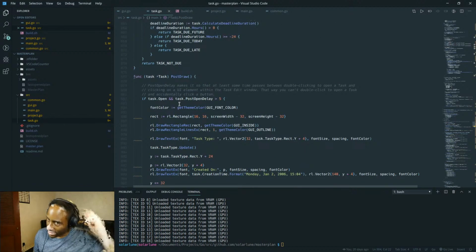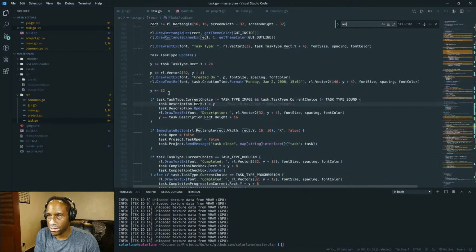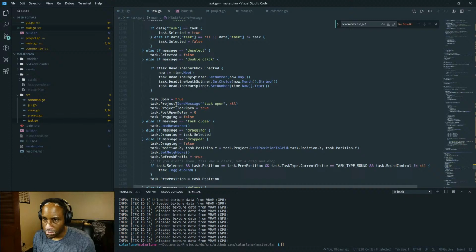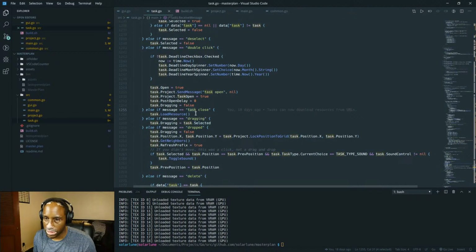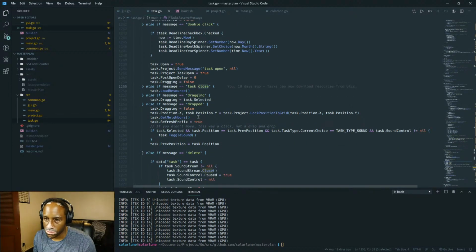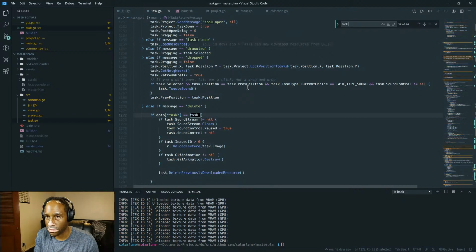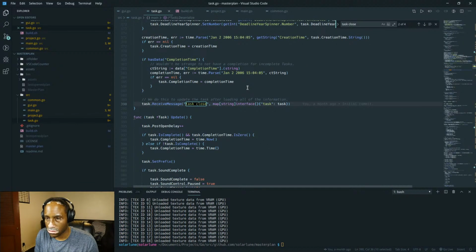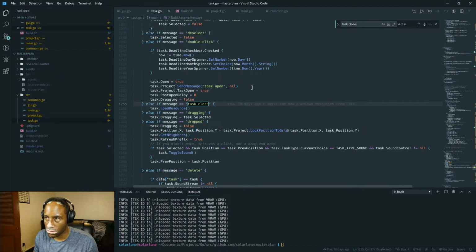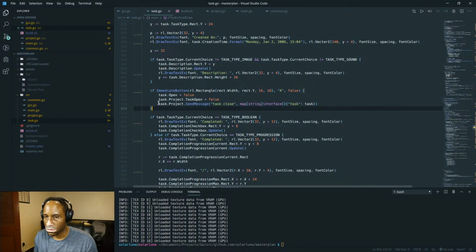So let's see, we're trying to make the task close, which I believe is receive message, task close, but that's not actually what makes the task close. I don't think I can actually close a task from outside the task, so I'll have to build that in. This is it here. So what we'll do is make this part of the task close message.